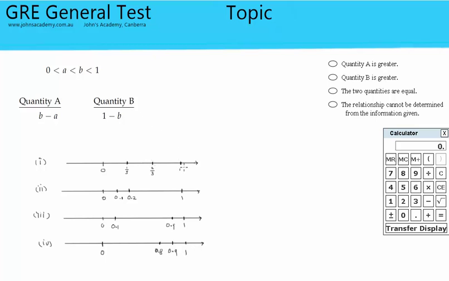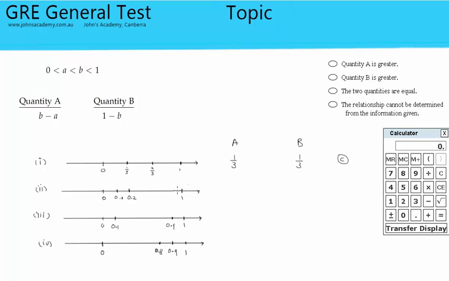So if you think about it, 1 minus 2 on 3, so 1 minus, I'm going to write it right next to it, so this is quantity A, this is quantity B. Quantity A is B minus A, so 2 out of 3 minus 1 out of 3, that's equal to 1 out of 3. 1 minus 2 on 3 is also 1 out of 3, so in this case the answer